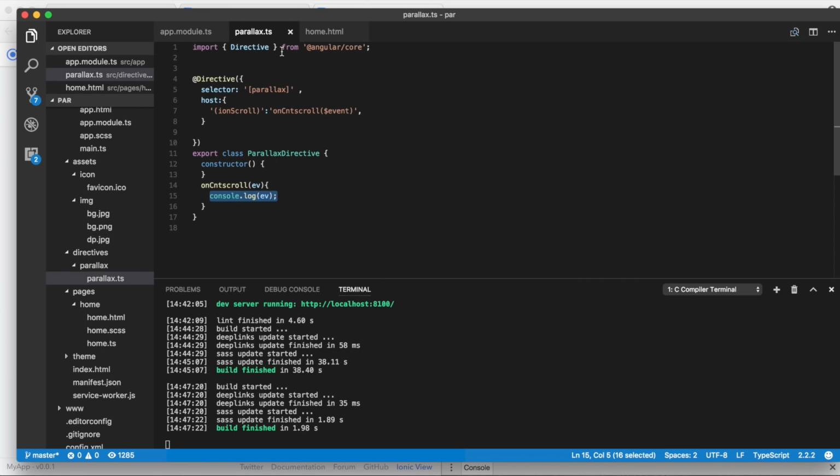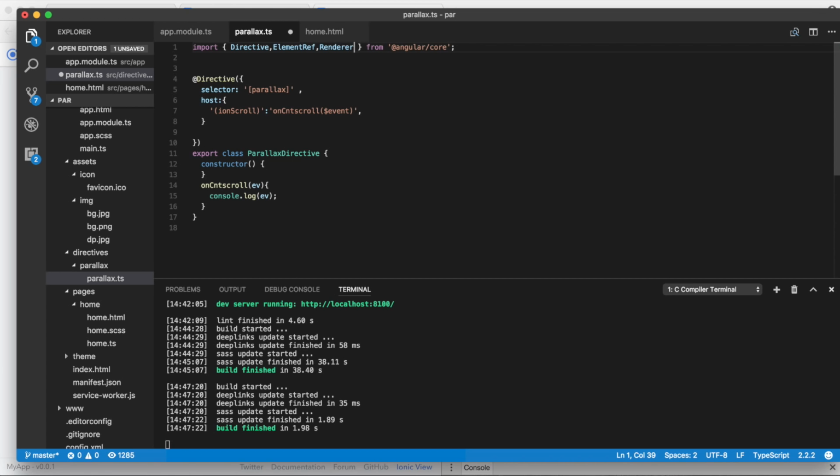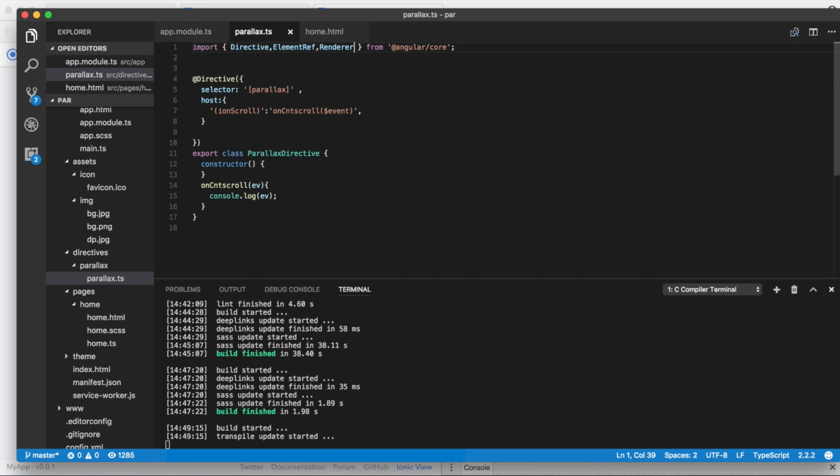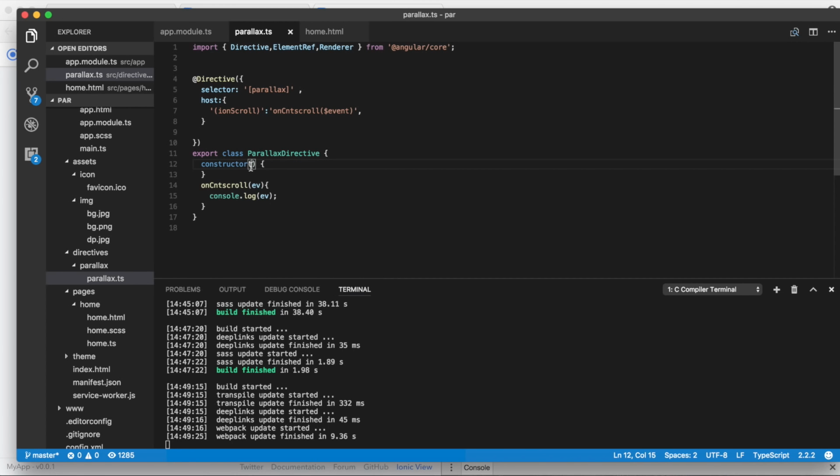Now just go ahead and open your editor. Inside the editor, first of all, we need to import some libraries, that is ElementRef, because we are just going to get the reference element from the HTML, and Renderer, because we are going to set the CSS property from the .ts file. So we should import these two from Ionic Angular. Once we are done with this, inside the constructor, we will inject it by saying public